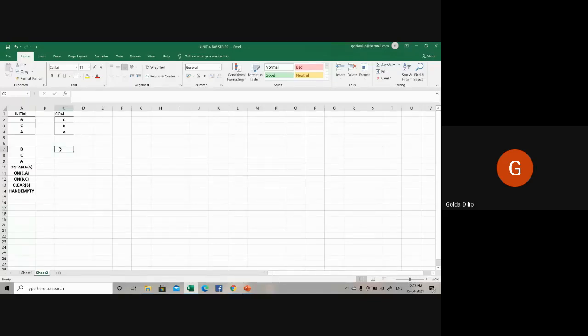Now let us do the first operation. My first operation is unstack B, C. I'm going to do unstack B, C. When I do unstack B, C, how will my blocks look?